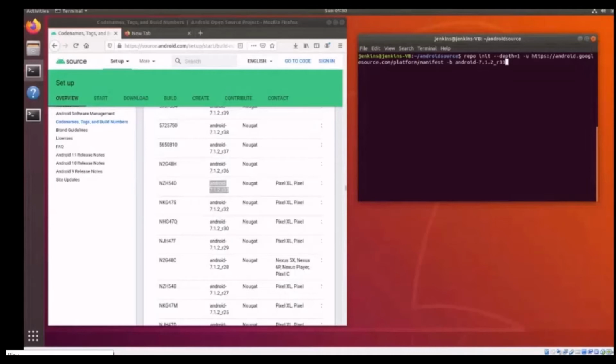The command would be repo init --depth=1 -u https://android.googlesource.com/platform/manifest -b, the branch name.